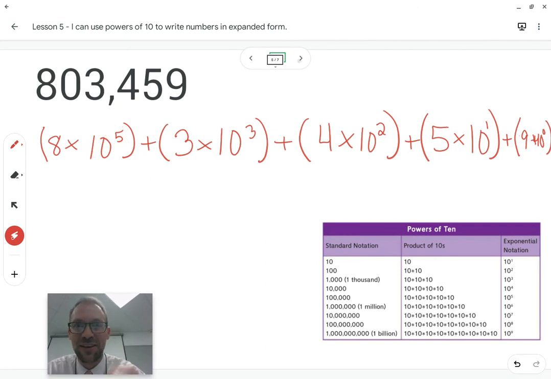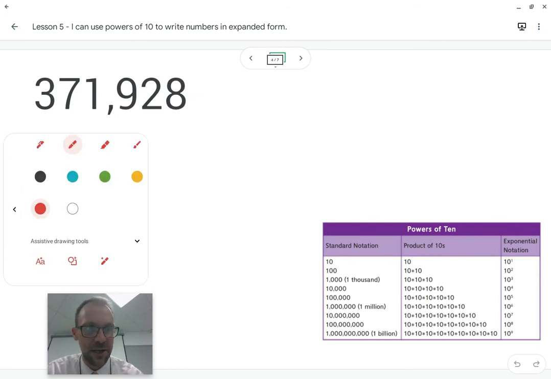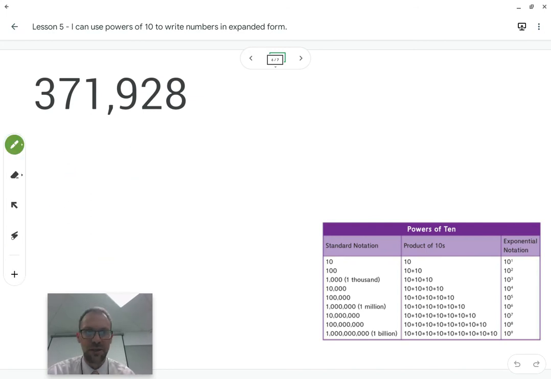Okay, one last one. Try this one. And I promise on the other side, I will write in smaller numbers so we can fit it all in on the same screen. All right, go ahead, try it. Okay, welcome back. Let's do this. Another color. I'm going to pick green this time. Okay, so we have 300,000. And I remember from last time that 100,000 is 10 to the 5th, 5 tens. So that is 3 times 10 to the 5th plus,